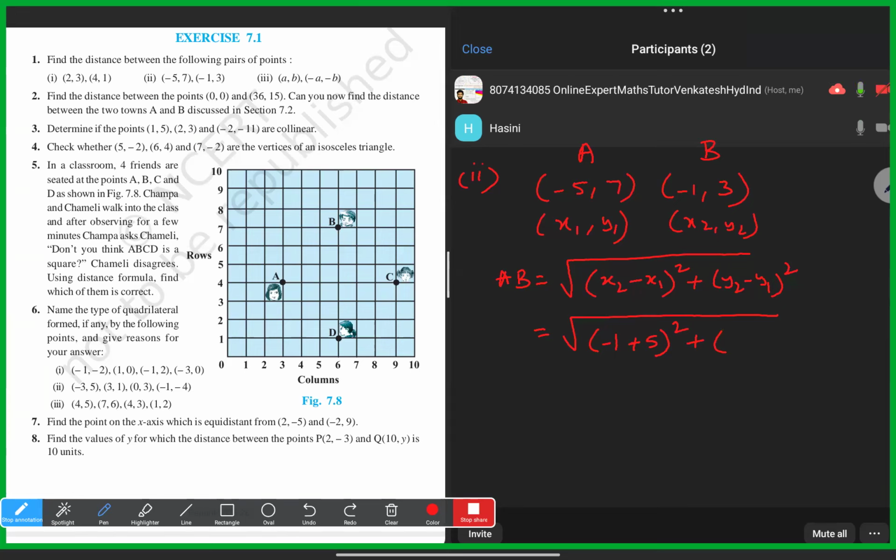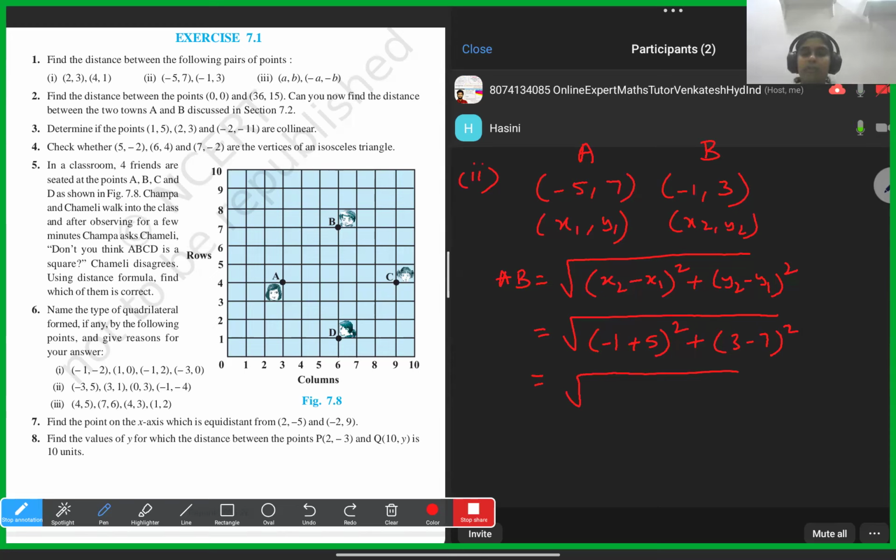Then y2 minus y1 whole square. What do I have to write? y2 minus y1: 3 minus 7 whole square. Any doubt? No, sir. Now we will write minus 1 plus 5. Minus 1 plus 5 is how much? It is 4. So 4 square